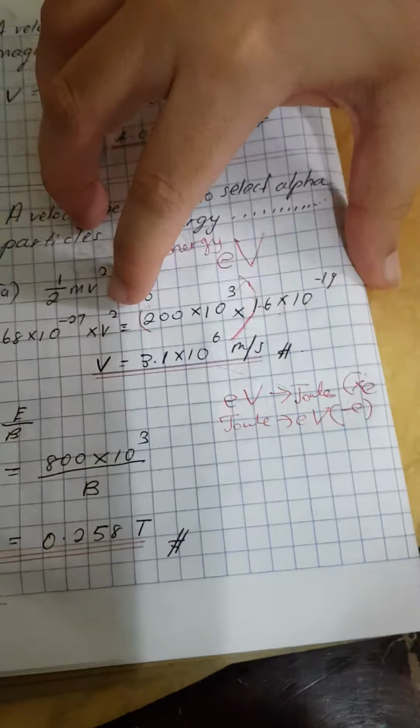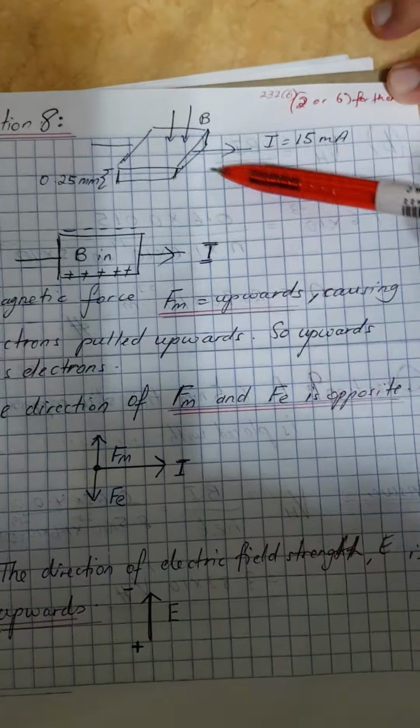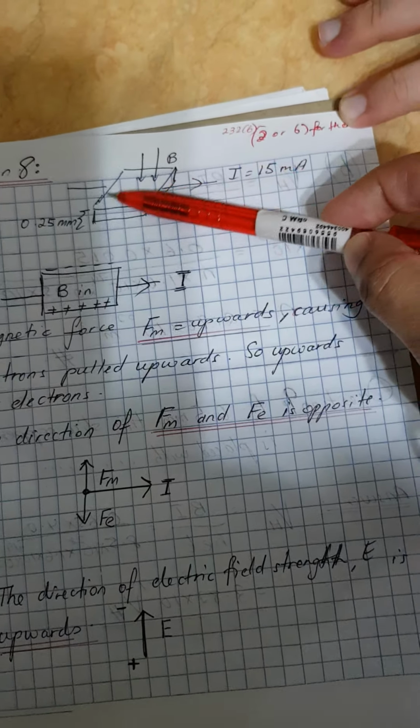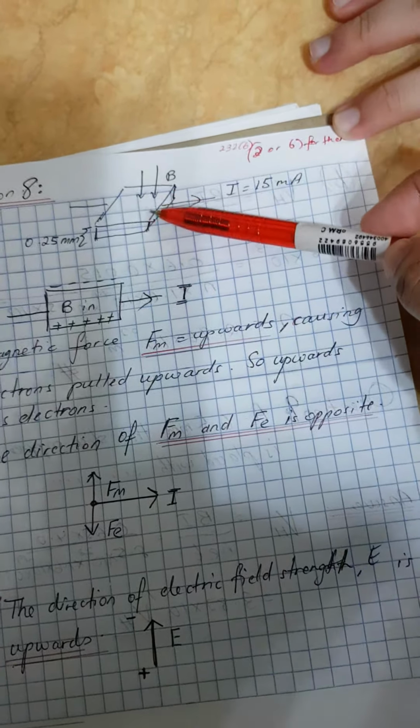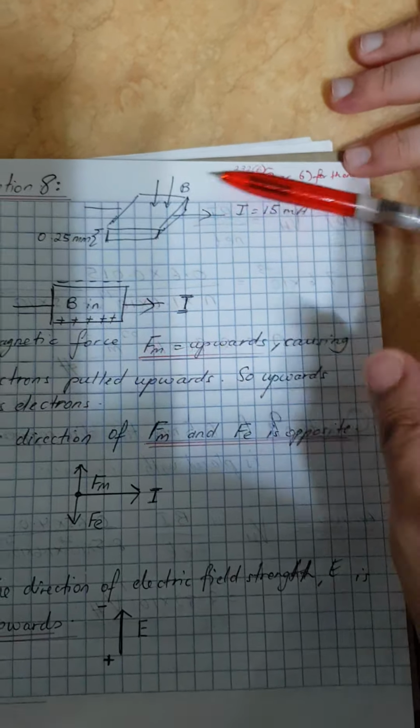Next one. We will go to the next question. Many of you did not submit the answer to me because you must draw. Class, this is very important. Can you see the question? Magnetic field coming upwards. Magnetic field is upwards here. This is not upwards, class, this is inwards. Teacher has drawn it like that for you. Many of you are confused here. You take it as upwards, actually it is inwards, going in.